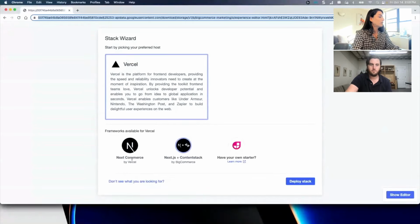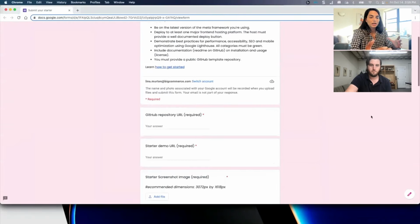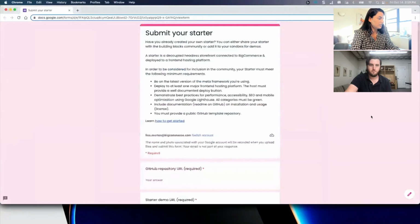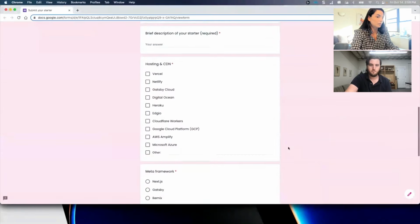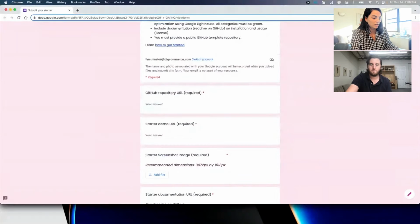the community. We also have some different things within the Stack Wizard where you can submit your starter. So within this dashboard, you can easily go to submitting your starter here. So we have provided just some kind of preliminary guidelines and then just various fields, kind of understanding what you've built. And as we receive these, we'll definitely be staying in touch with you guys to learn more, to connect, and kind of figure out how best to coordinate with